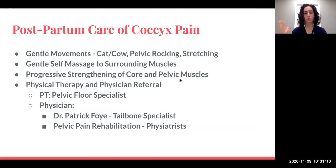So there are people who do specialize, and just because that's not coming from your OB or midwife provider doesn't mean it doesn't exist. Dr. Foy is a physician who specializes in tailbone pain. And I know he sees people from out of town. If there's not someone like him in your town or you can't see him, there's a group of pelvic pain